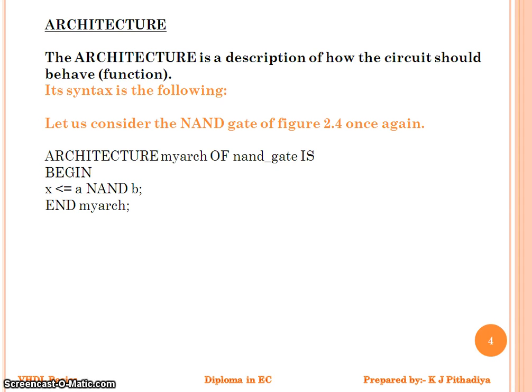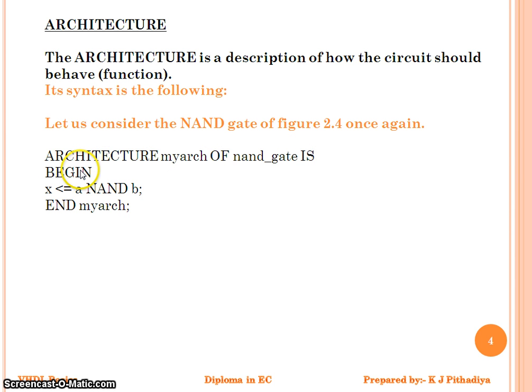Then we'll go for the next slide, regarding architecture. The architecture is nothing but the description of how the circuit should behave. That means the function of the total circuitry is defined by the architecture. First comes the declaration, then the entity, which defines the input and output pins, and then the circuit function. There is one example given below, the NAND gate function. The architecture my arc of NAND gate